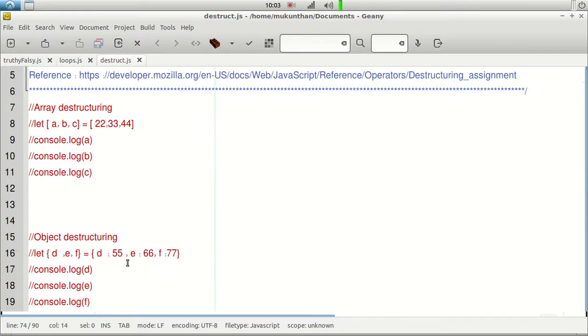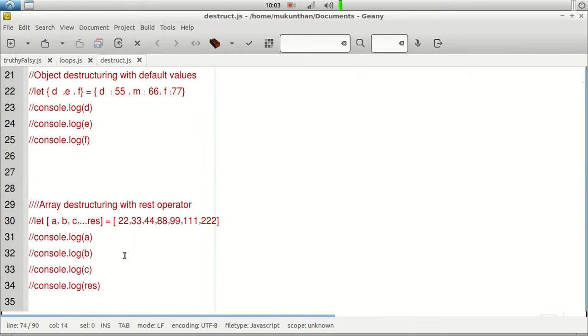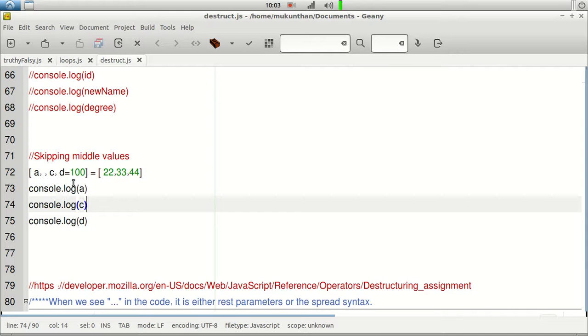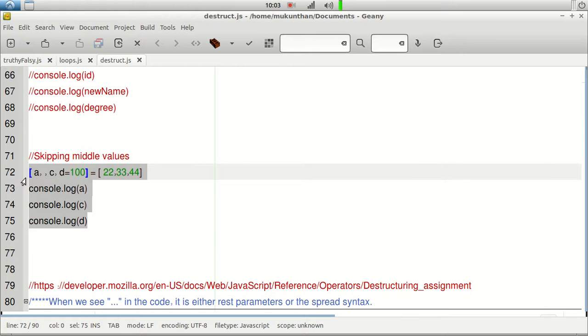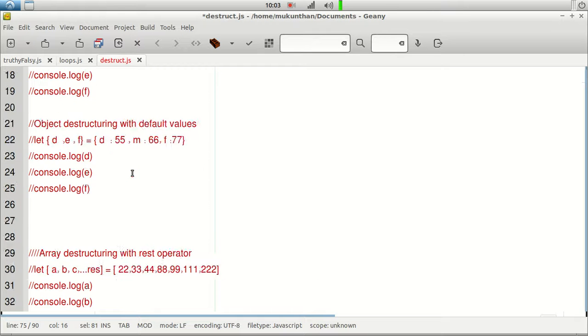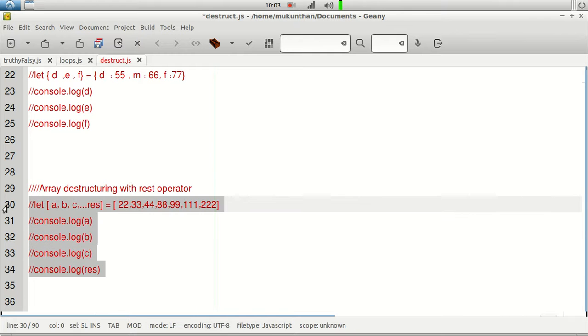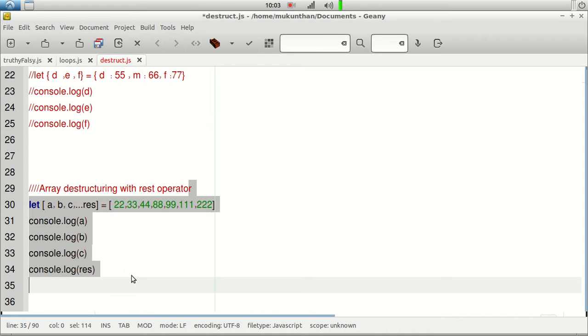And one more point to note about the rest operator is that in destructuring, it must always come at the end. If you put it in the middle anywhere, it will give an error. For example, let's go to the same example where we used the rest operator.